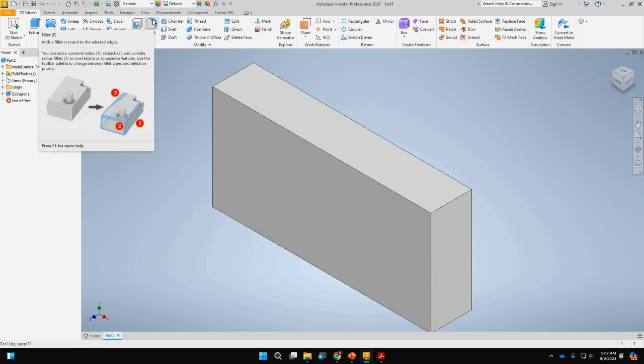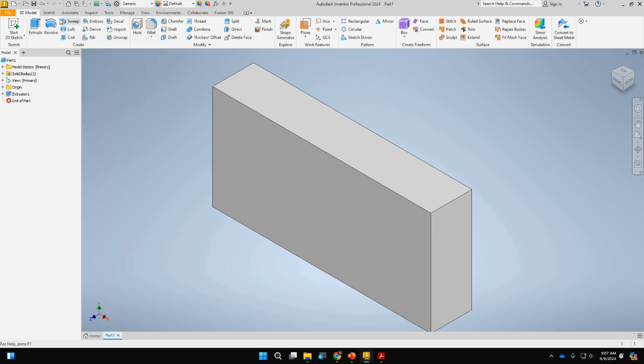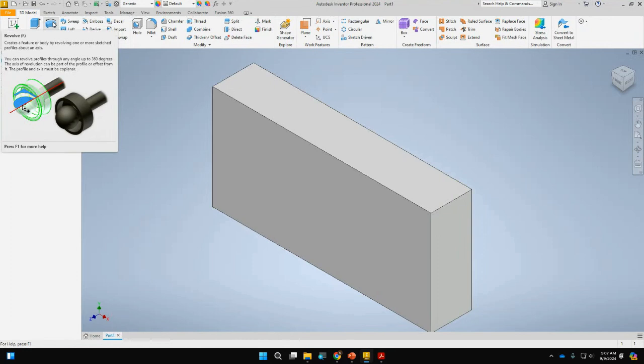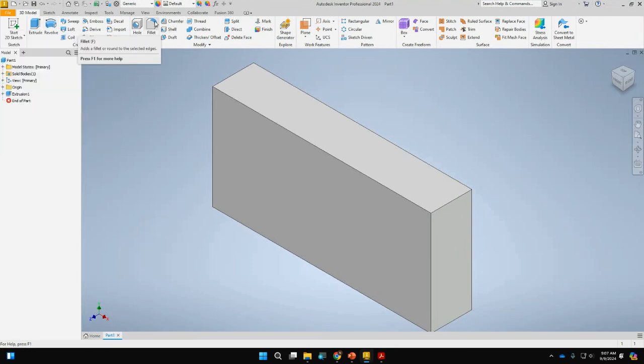So the fillet command rounds over parts of my sketch. Notice as I leave my mouse on the tool, this little flyout comes down and tells me what it could do with a little picture. So any of the things, if you leave your mouse there, at first it'll give you a description, then it'll show you a picture. So I'm going to click my fillet command,